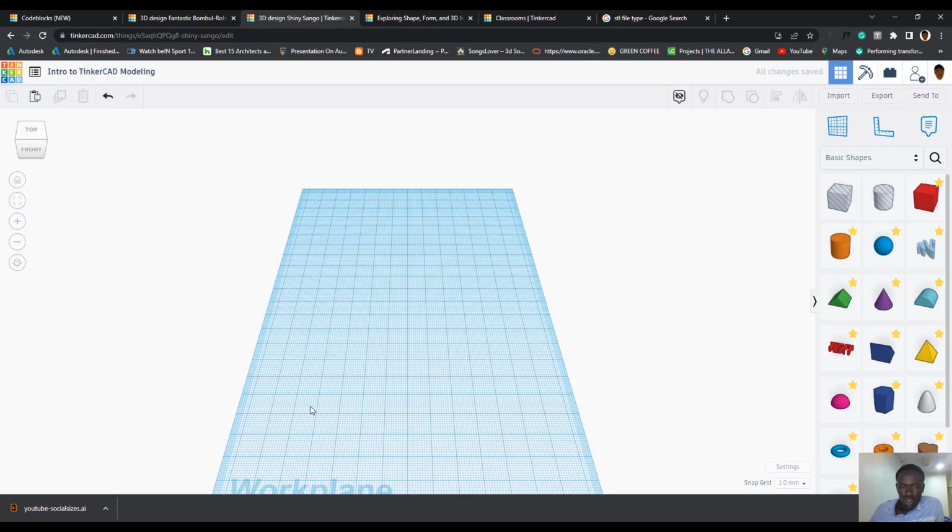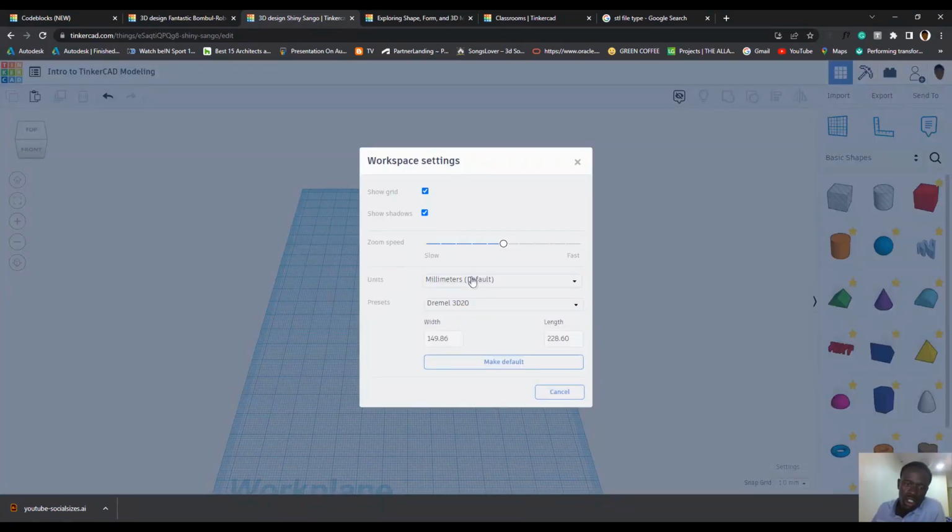Well, this is a way to set my workspace size, or I go back again to my settings to restore the default by simply going to millimeters and then going back to TinkerCAD itself. Or I can even enter a measurement that I have in mind. If I have a measurement in mind, let's say 700, let's say Ctrl A, 700. I click on tab to jump to the next field, and then 700 by